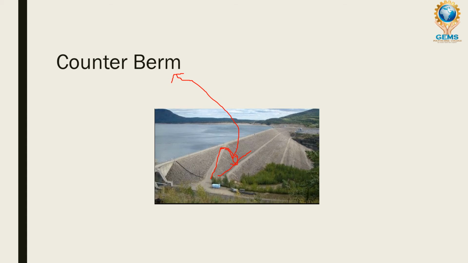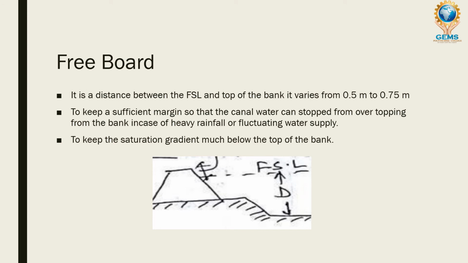Now we are going to discuss the freeboard. I have explained the freeboard in the previous slides. Freeboard is the distance between the normal water level and the maximum level up to which water can be stored in a dam. If the water exceeds to an excessive level, it can be stored up to this freeboard. It should not exceed this, or it will overtop the dam and flow from the crest of the bank towards the downstream side.